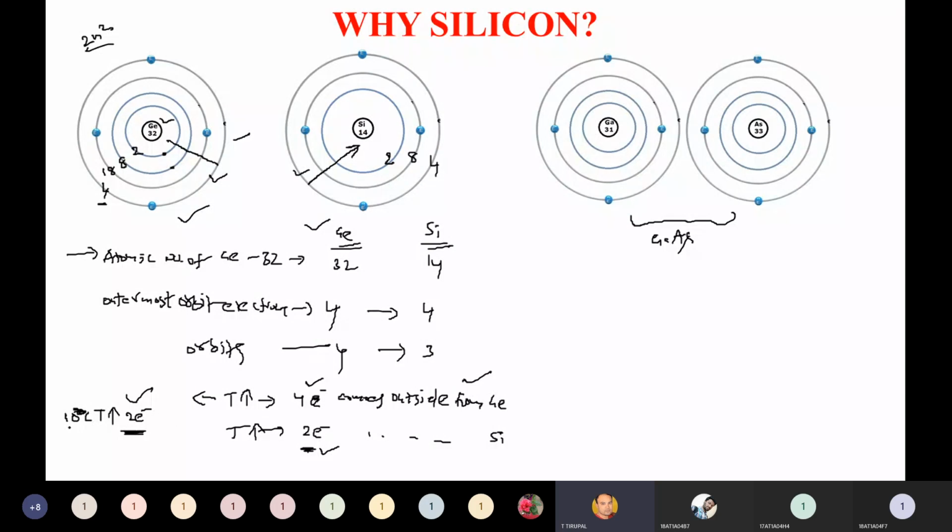So as temperature rises, the silicon atom is said to be stable because it is producing only 2 electrons. But here germanium is producing 4 electrons and becoming empty at the outermost orbit. So germanium becomes unstable, because how many electrons have to come outside for every 10 degrees C rise in temperature? Only 2. But 4 are coming here, so it is not satisfying the rule and becomes unstable. Whereas silicon is stable because only that amount of electrons comes outside.